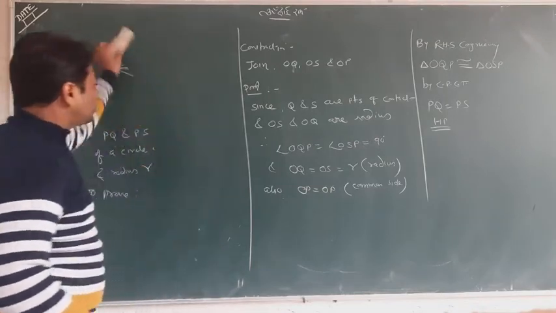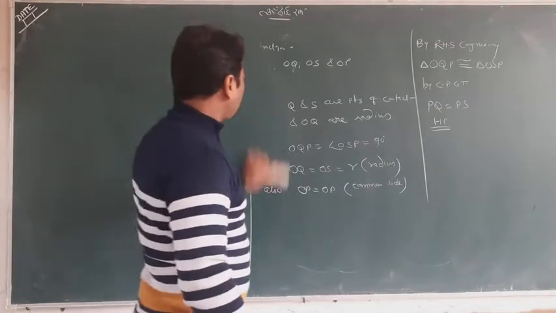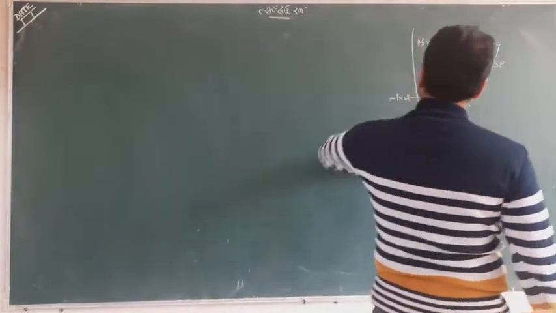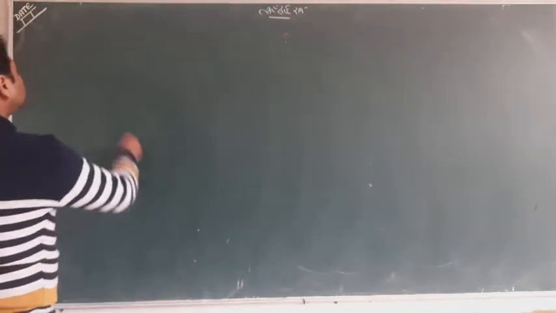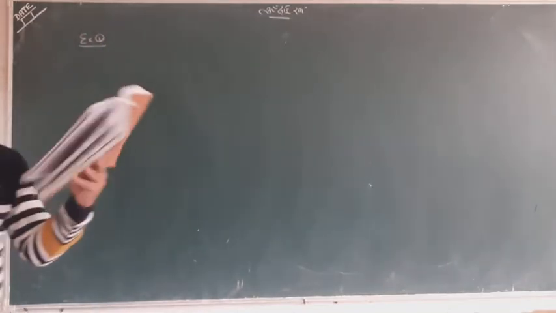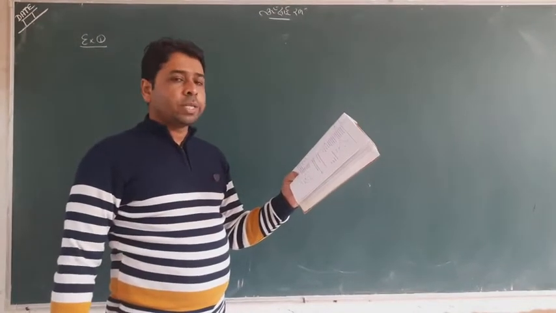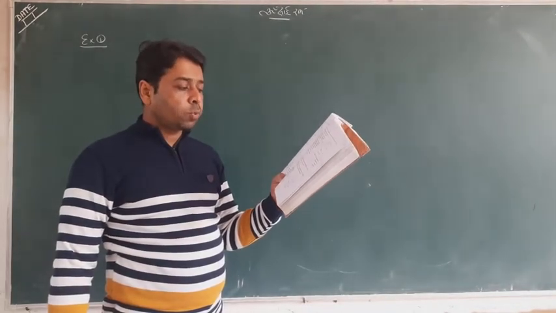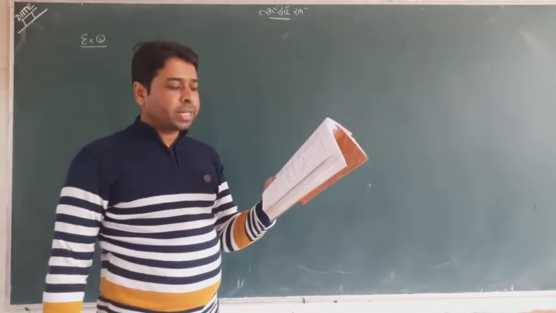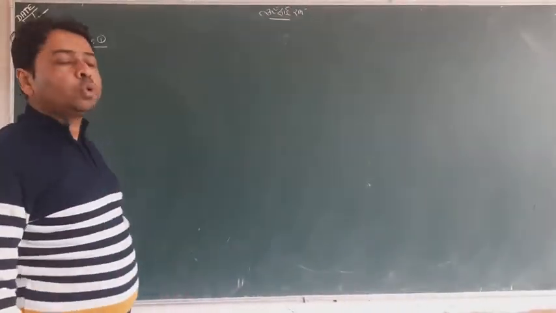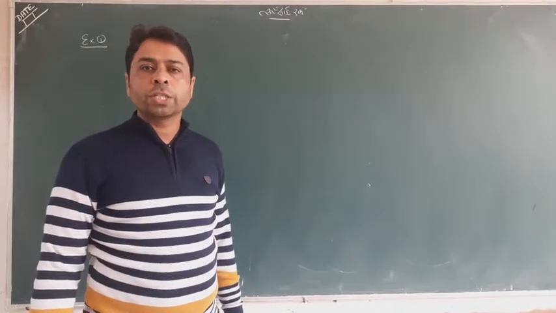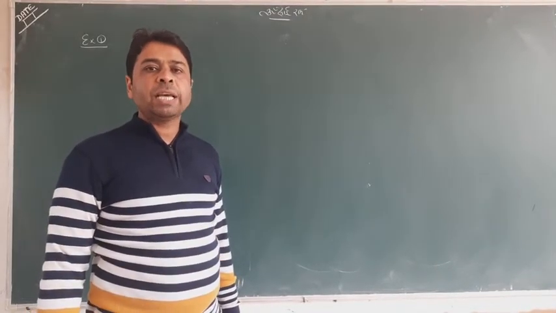So keep remembering this. One can do it without any trouble. Now, let me start example number 1. It's a simple example. The question says: prove that in two concentric circles, the chord of the larger one that touches the smaller one is bisected at the point of contact. What is the meaning of concentric circles? The circles have the same center.